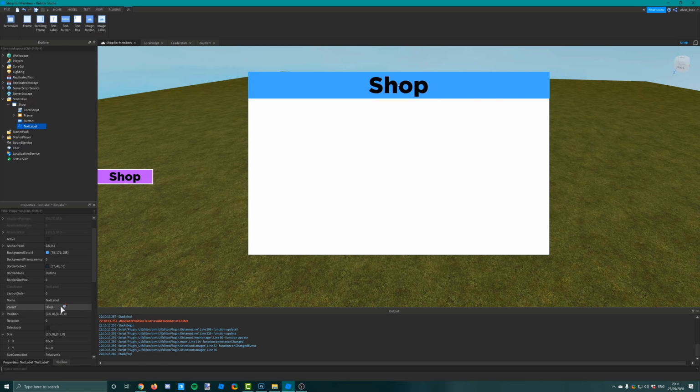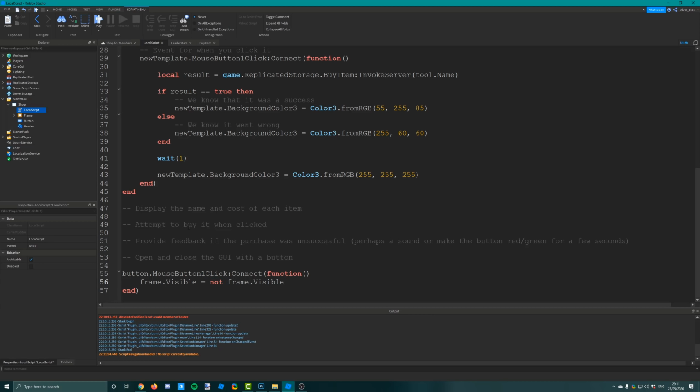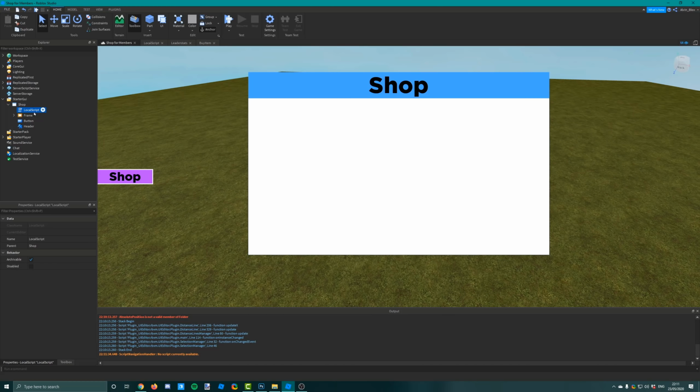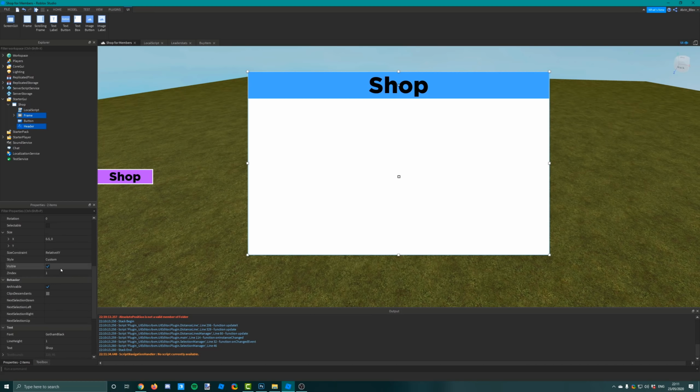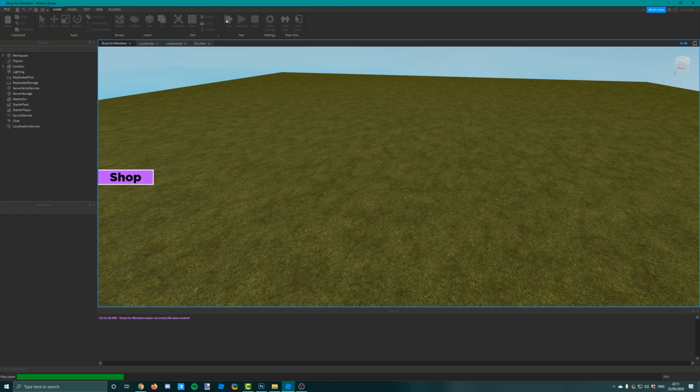And also, one final thing. If you are going to have any GUI elements outside of the frame, then you'll need to also set the visibility of them as well. So, for example, script.parent.header.visible equals not script.parent.header.visible. And then if you make them both visible set to false, then they will appear and disappear when you